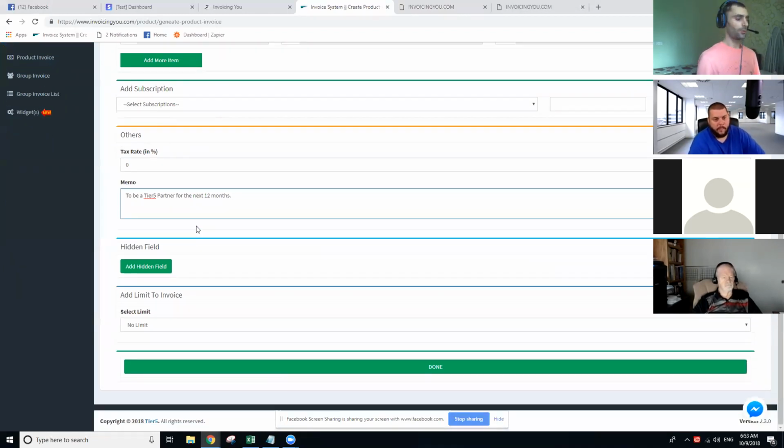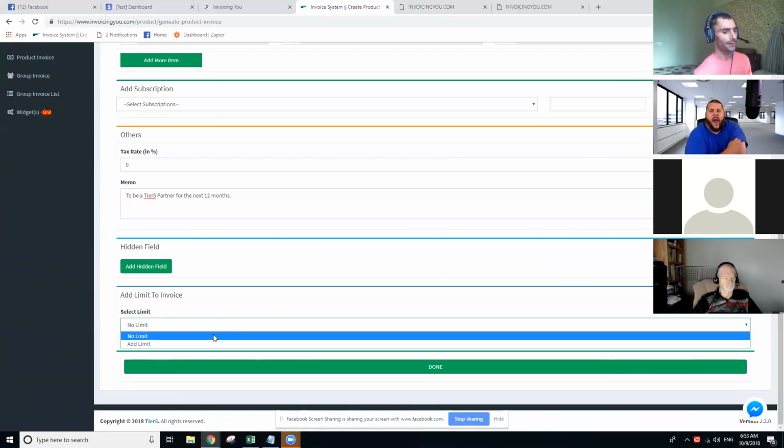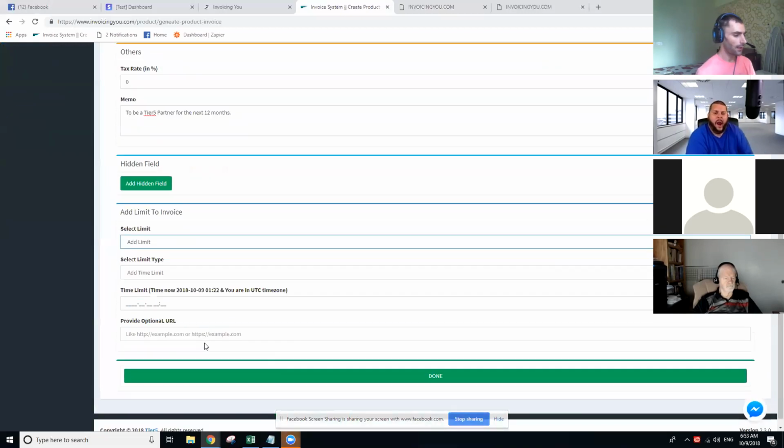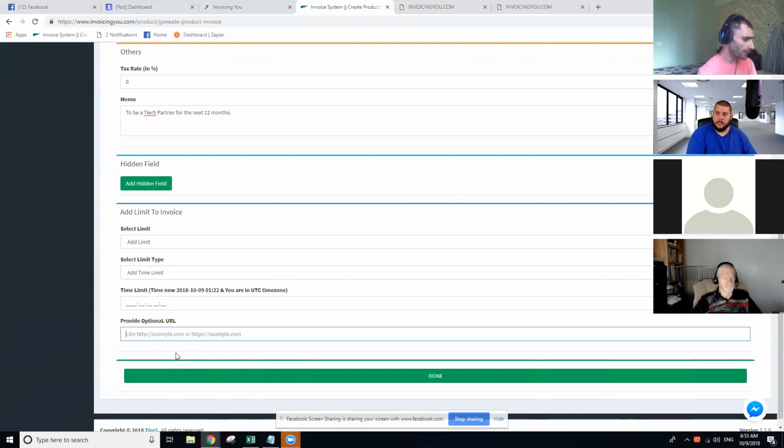All right. So now we're starting to have all the pieces here. Things I want you to note here are, first, you can add limits to this invoice. Whenever you add a limit, you can add a limit by time, and you can say, hey, this product invoice is valid up until this time and date. And after that time and date, I want you to redirect to a web page or another invoice link,